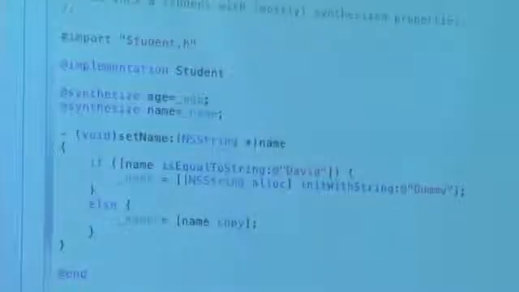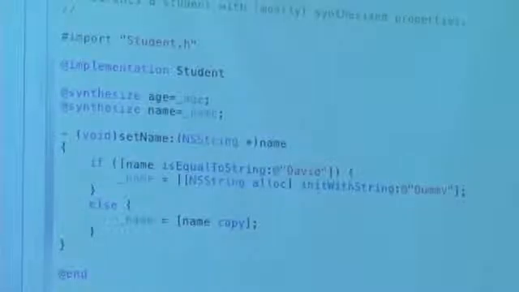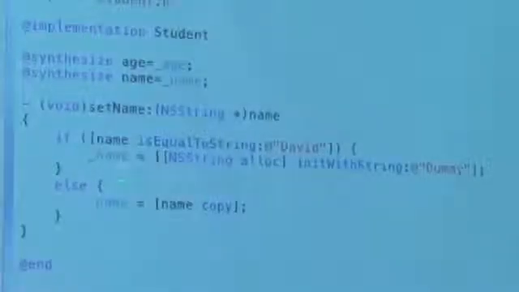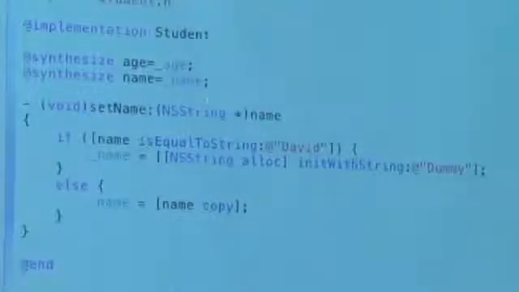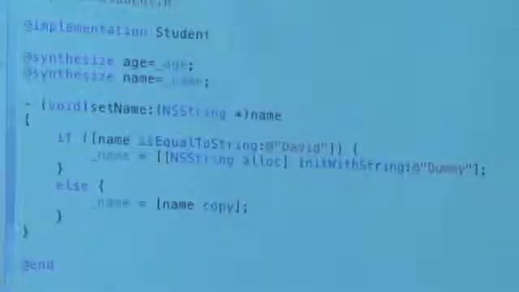Can't use equals equals, because what would you be comparing otherwise? The pointers, and we learned in 50 that's very bad, right? So here's how you do it at a higher human level. All right, so if the name is equal to David, well, this appears to be changing my name to dummy, but more interesting is how it is doing that. So _name, which is the instance variable that I have told the compiler to make sure exists, even though I didn't declare it anymore in my header file. Notice now the nesting. This is an incredibly common paradigm in Objective-C, almost